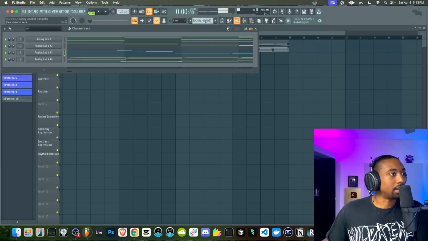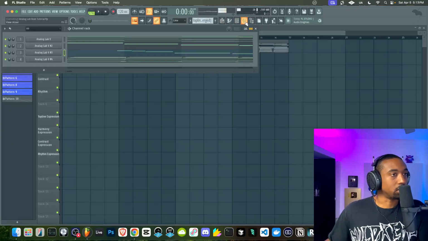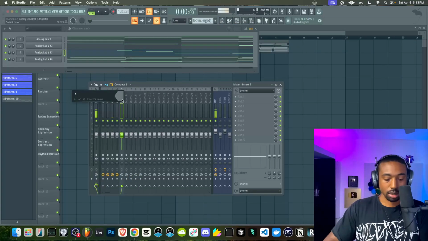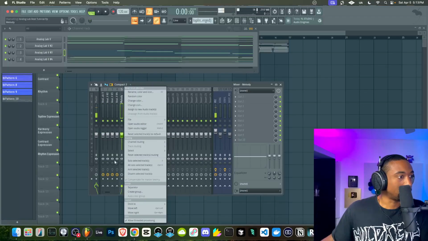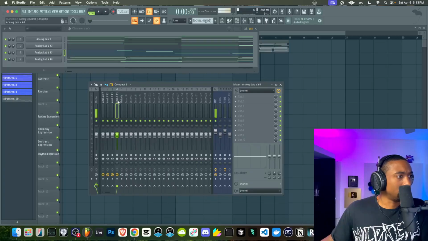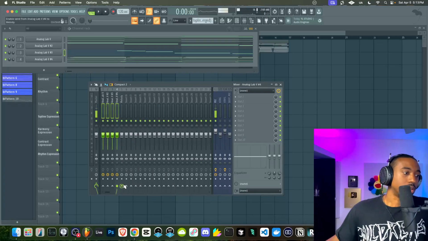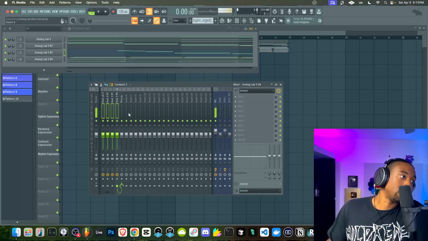Now at this point, what I like to do is send all the sounds to the mixer, hit Control L. We're going to open up a melody group. And then here's where I add my final touches. So right click, hit all your sounds, hit Control, left click and drag, right click, route to this track only.